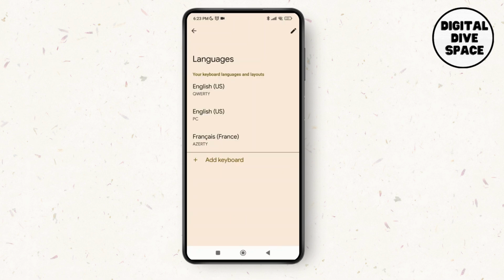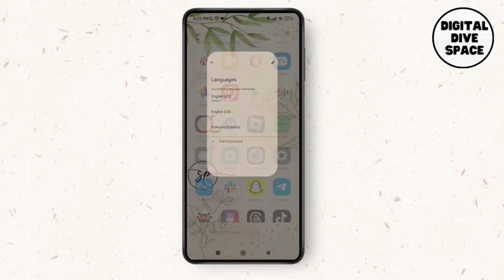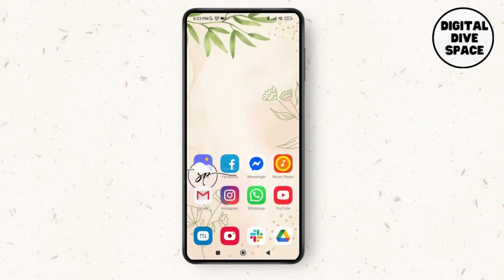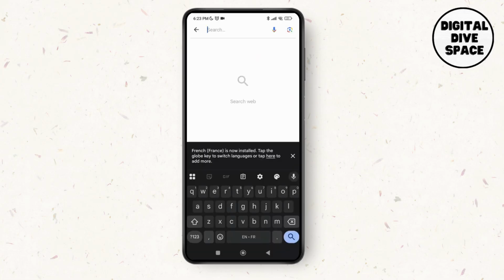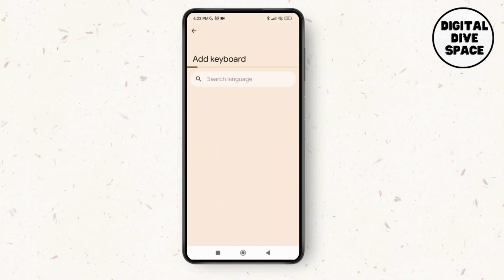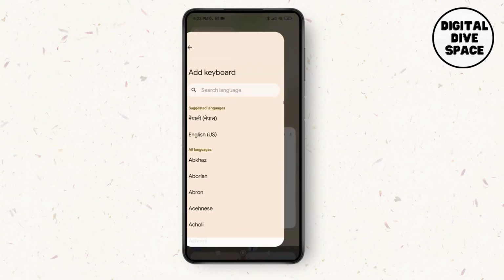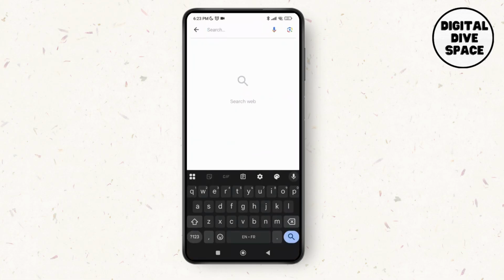And as you do that, now you can just go back and then turn on any of these options wherever you can use a keyboard. I'm going to tap on the search bar, and as you do that, here you can see it is now installed. So tap the globe key to switch language, or tap here to add more. So if you want to add more, you can just add keyboard, or else you can just go to the same option over here